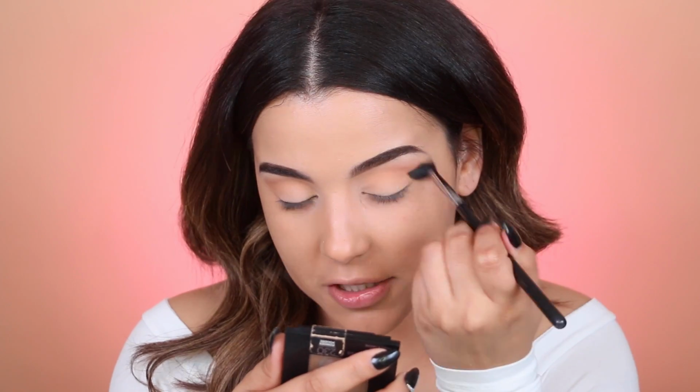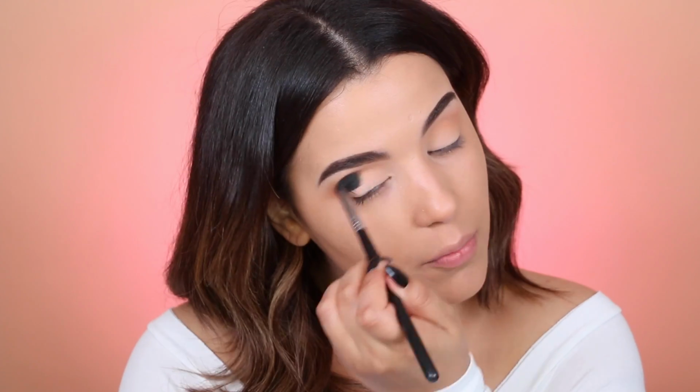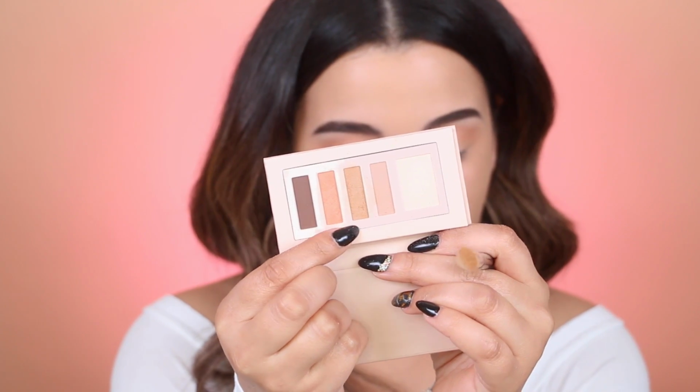So I'll definitely say that the shadows are pigmented. They're very, very buildable and blendable, which I really, really like. So that's what that shadow looks like blended all up in my crease. Next, going in with this shade right here on a Sigma E25 blending brush, I'm gonna focus this on the